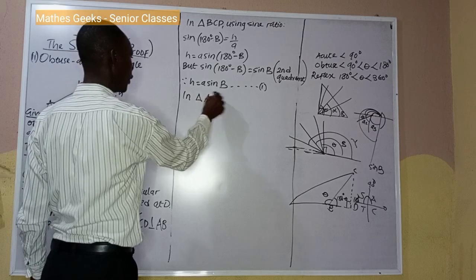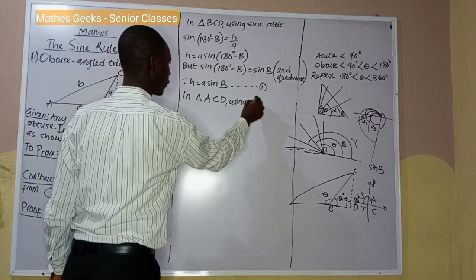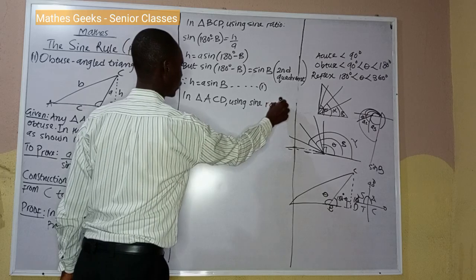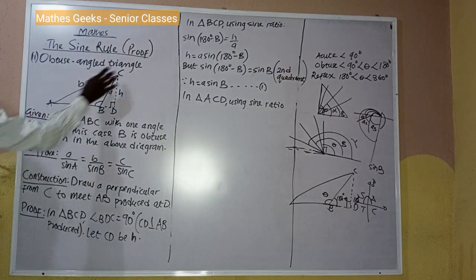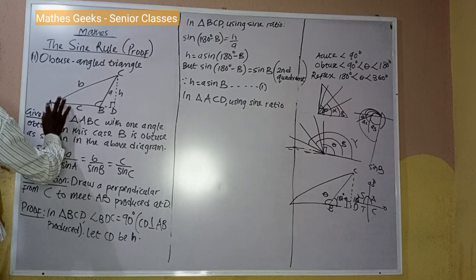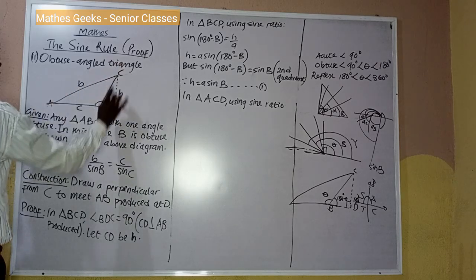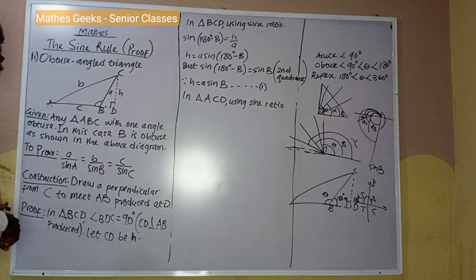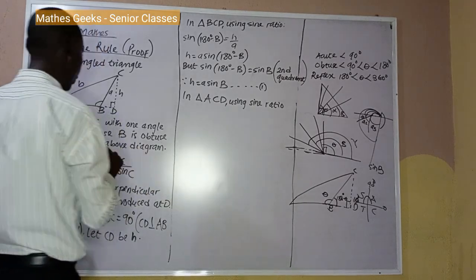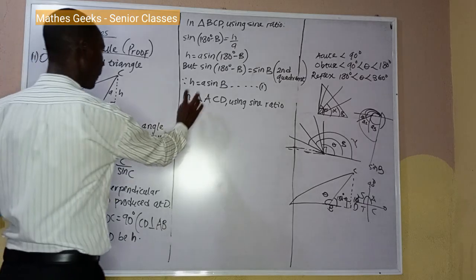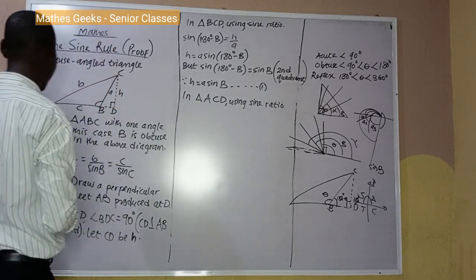In triangle ACD, using sine ratio. So next thing that we're going to consider is triangle ACD. That's this whole triangle ACD, not ABC. In triangle ACD, which is also an acute triangle, the three angles are acute. Okay, so in triangle ACD, using sine ratio,